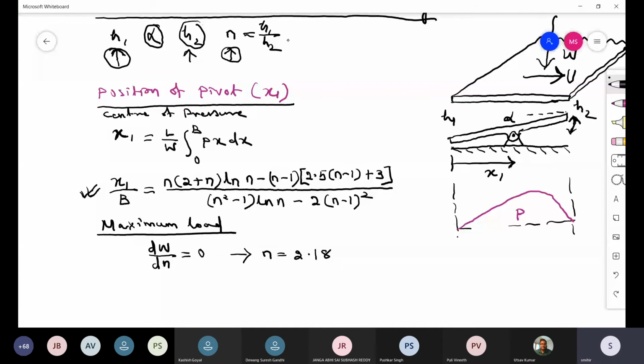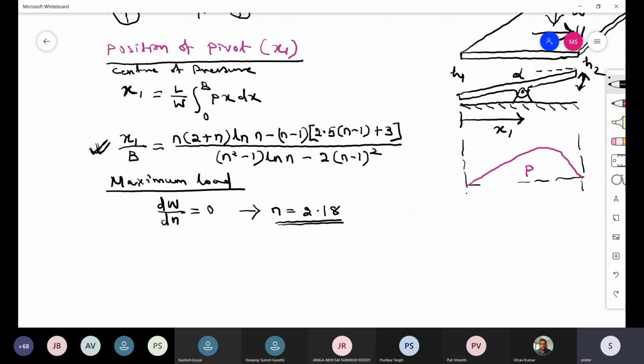Okay, so this is your value of n. You should use n equal to h1 by h2, and this is your center pressure where you should use your pivot. Now everything you are fixing to get optimum performance of this slider bearing. At this optimum performance, using these calculated values, if you want to find out the maximum pressure, a maximum load, W max